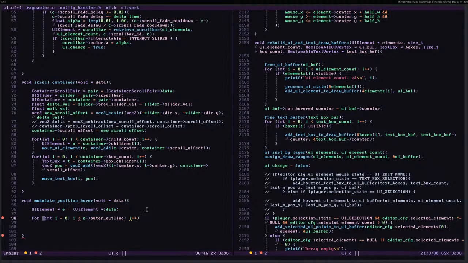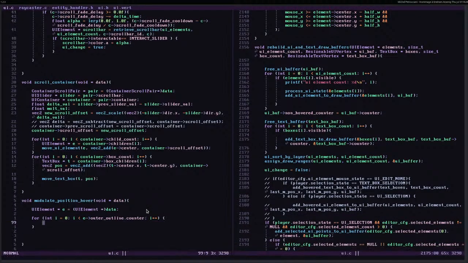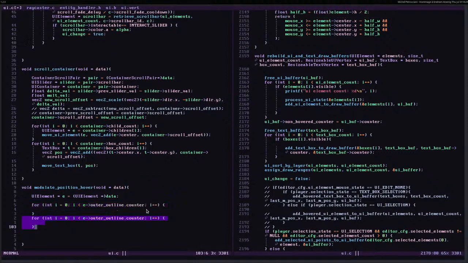The issue with this is that we don't actually have, oh yeah, I didn't. What am I doing? I'm very funny today. Okay. So we're just gonna loop through inner and outer outlines for the